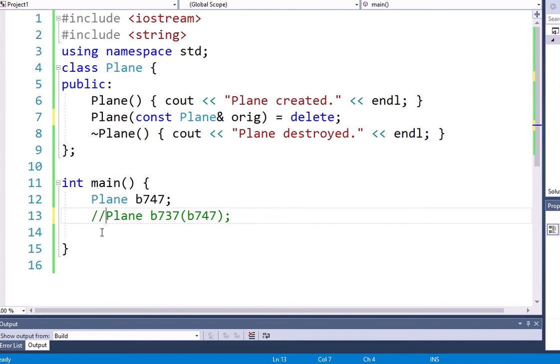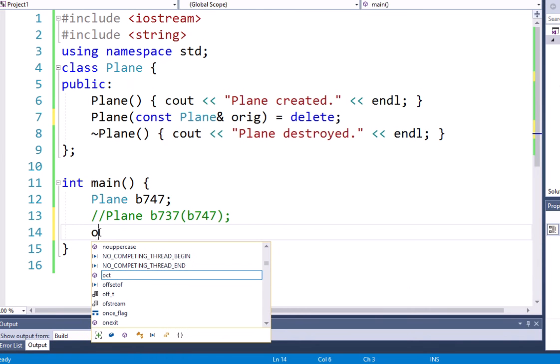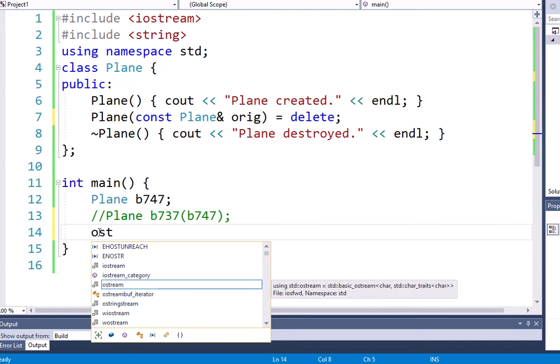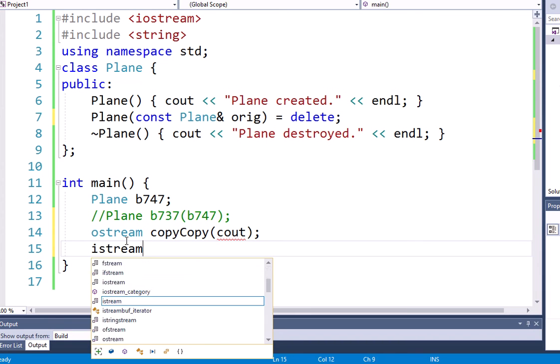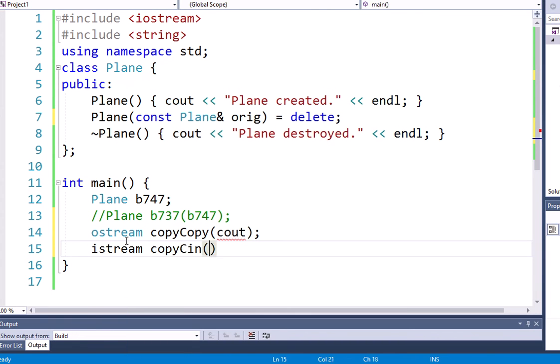Another place where it wouldn't make sense because the copy constructor has been removed is if you were trying to make a copy of cout or cin. So cout is an output stream. So if I said I want to make a copy of cout and pass in cout as an argument, it's not going to allow this. And the same thing with istream, if I wanted a copy of cin and I passed in the cin object. So if you look in the documentation, both ostream and istream have an equals delete when it comes to the copy constructor,